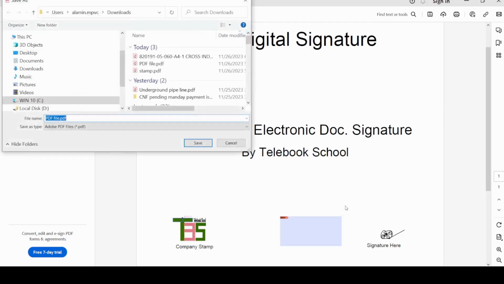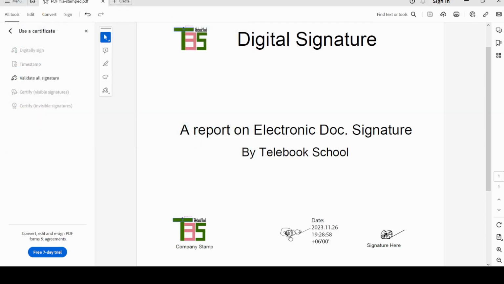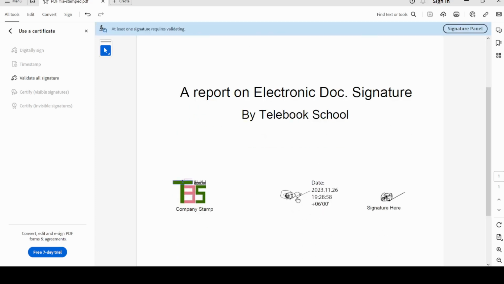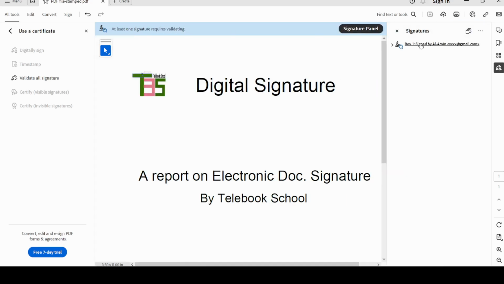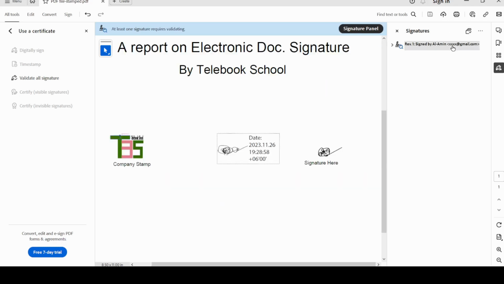Okay, if I click sign in, it is asking me to save the electronic document as another file. So let me rename it my file stamped. Okay, see, now I have created my signature and date, and here one notification has come: at least one signature requires validating. So if I go here and click here,